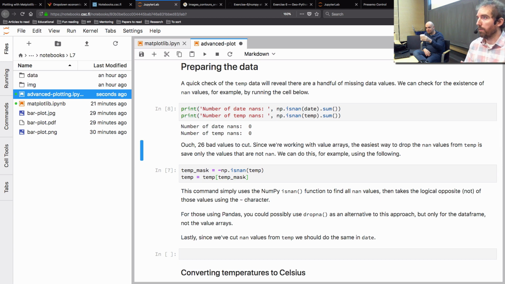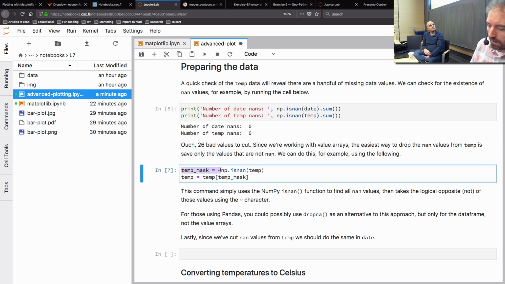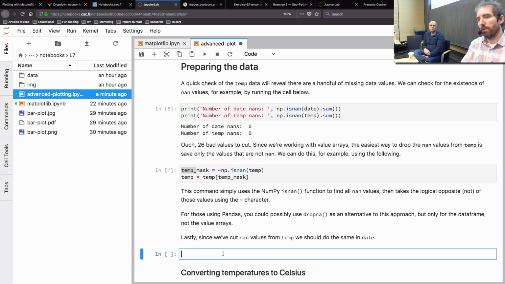Now, we're not working in a pandas data frame here. We're working in just these column arrays. So if we remove 26 temperatures from our list of temperatures, we need to also go and remove the dates that correspond to those 26 temperatures we just removed. That's part of the reason why we make this mask as a separate thing here, because if we drop these 26 temperatures, we want to drop 26 dates that correspond, and we can do that simply by doing date equals date